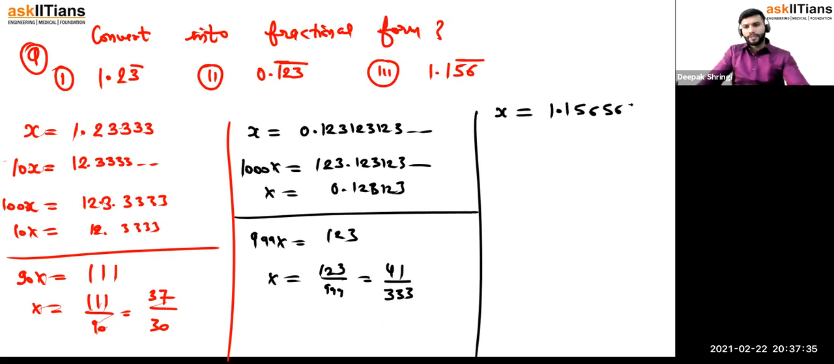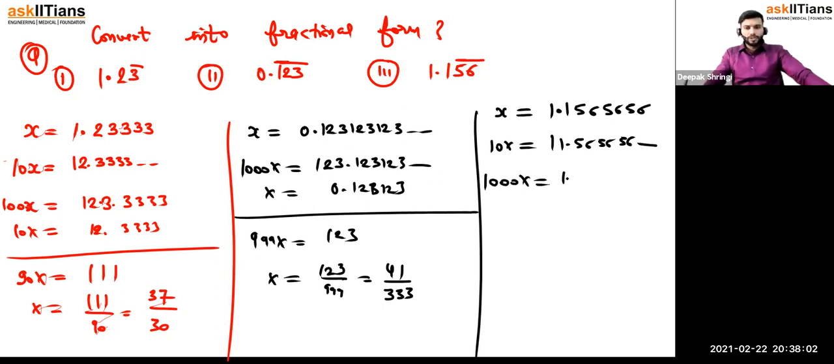Last one, x equals 1.156 bar, so 5656 repeating. After the decimal there are 2 digits in the repetition, but after the decimal there is one digit that is not in the repetition. First of all, let's take that before the decimal. So multiply by 10, you will get 10x equals 11.56565. Now the question is in our format, in which we want it to be. Now we'll multiply it by 100, since there are 2 digits in the repetition. So 10 into 100 is going to be 1000, 1000x equals